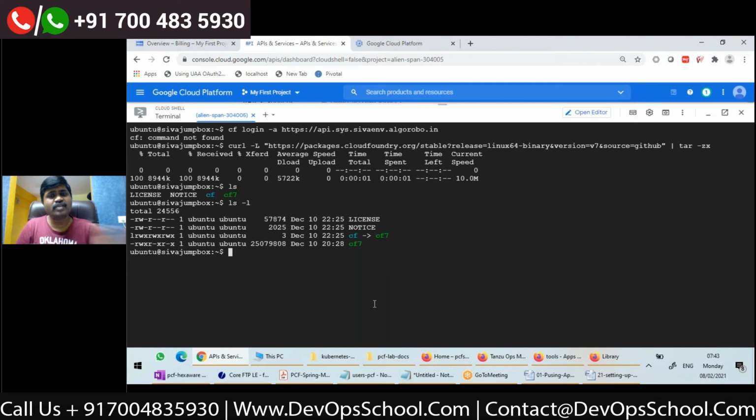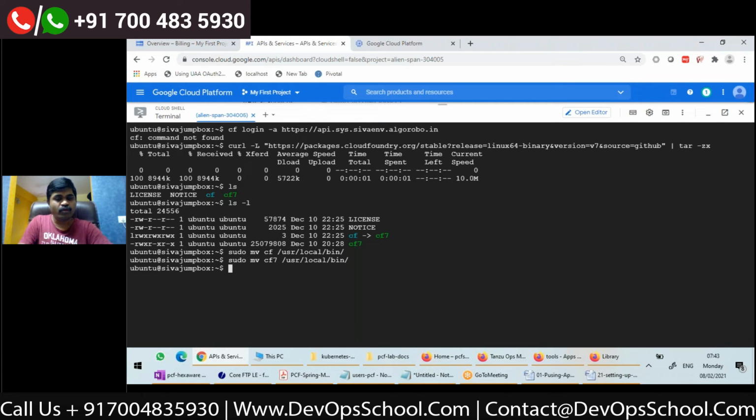So if I want to execute cf from anywhere, I have to move it to /usr/local/bin. sudo mv cf to /usr/local/bin. So it is moved, and then similarly I will move cf7 also.